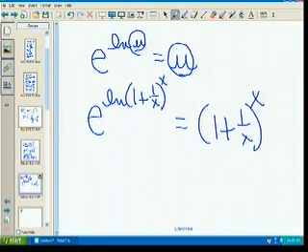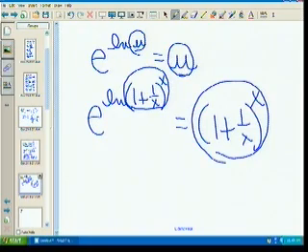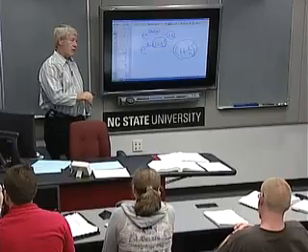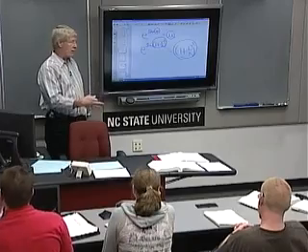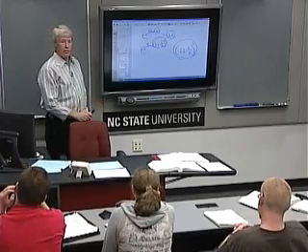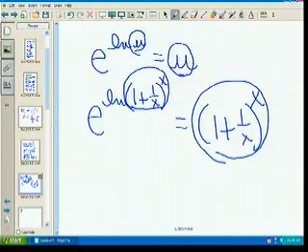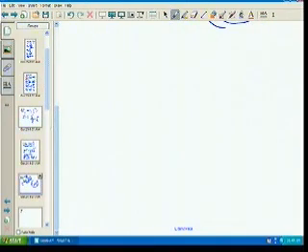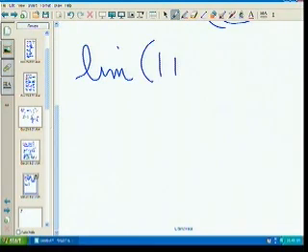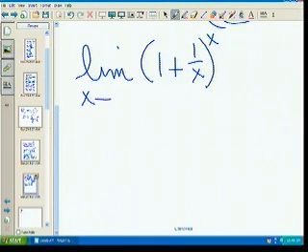So we have e to the natural log of this. It ought to equal this. So that's, in fact, what we're going to do to this problem. We're going to convert it to a base e problem. Forget about the base. It's not going to change in the problem. It stays e, and then we'll work only with the exponent. So this problem, our original problem, 1 plus 1 over x to the x, as x gets infinitely large,